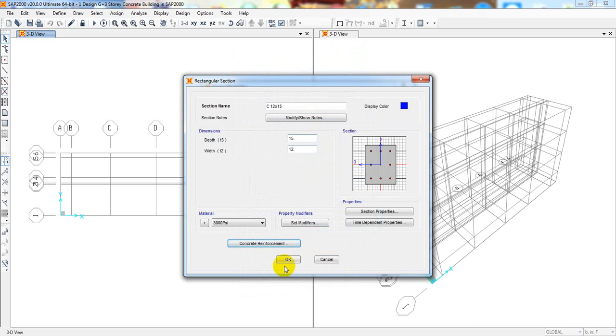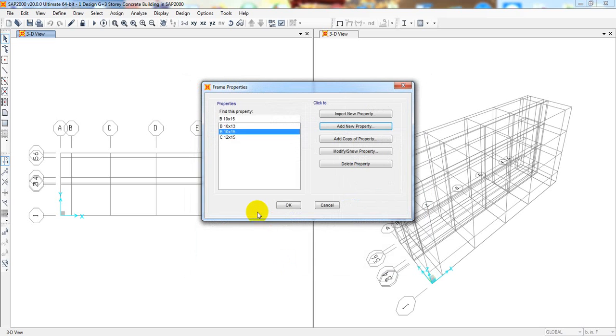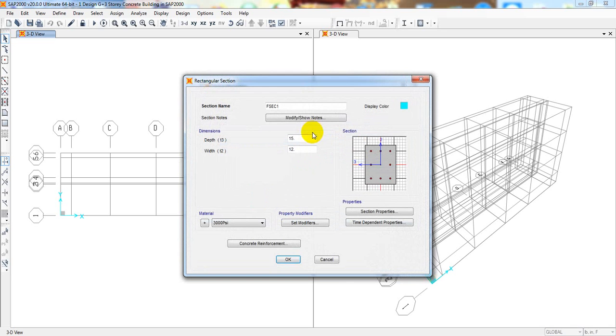So when everything is okay, now I'll click okay, and after that 10 into 15. Actually this is 12 into 15, this is the column. Again I'll take a copy of it, and this is the C, it will be C 12 into 18. Depth will be 18, and it will be 12 inch. So everything is okay. Now I'll simply click okay,